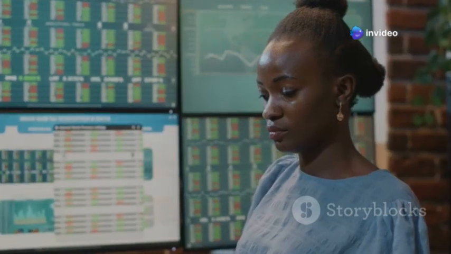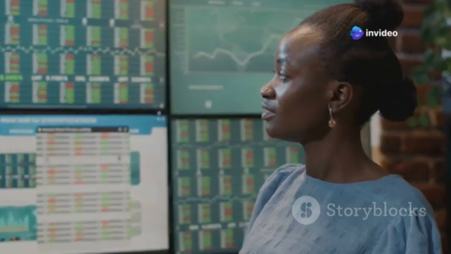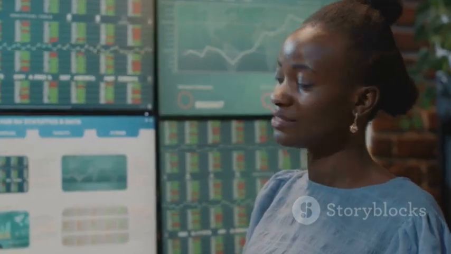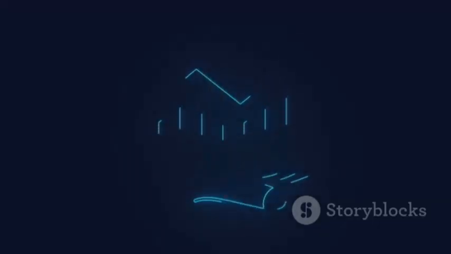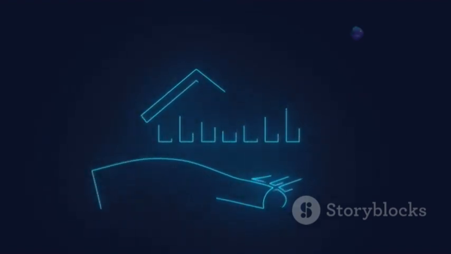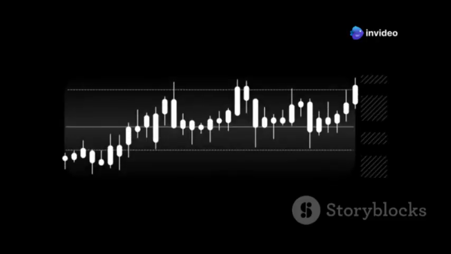The yield to maturity, YTM, is often used to determine the cost of redeemable debt. YTM represents the annual rate of return an investor can expect to receive if they hold the bond until maturity. It considers the current market price of the bond, the par value, the coupon rate, and the time to maturity.